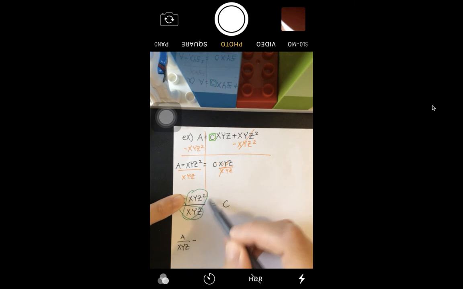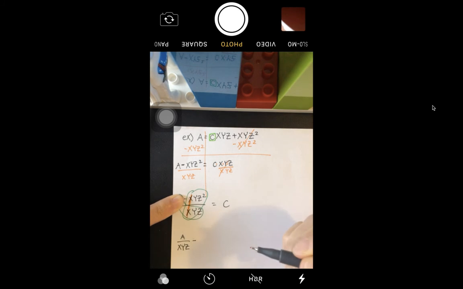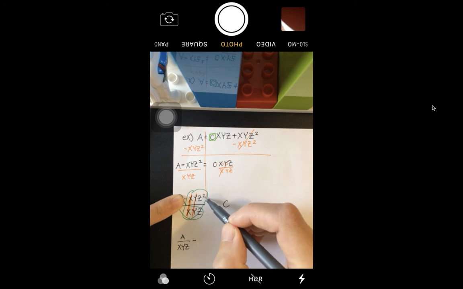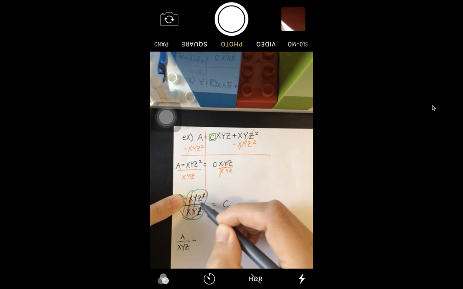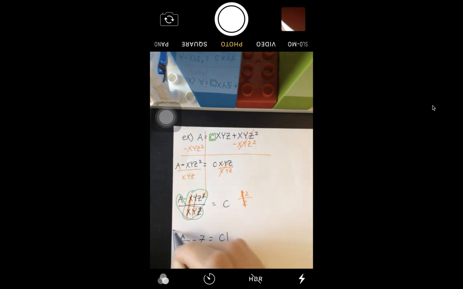Okay, xyz squared over xyz. Well, isn't x divided by x 1? So that cancels out. y divided by y is 1. So that cancels out. Oh, I have 2 z's on top and 1 z on the bottom. So doesn't that get rid of one of the z's? Like if I have 2 z's on top, 1 on the bottom, can't I cancel one pair of them out so I have 1 left over? So then I just have a single z left over, and that equals c. So this answer is what you're going to see as your answer choice, A, B, C, D. Okay, so